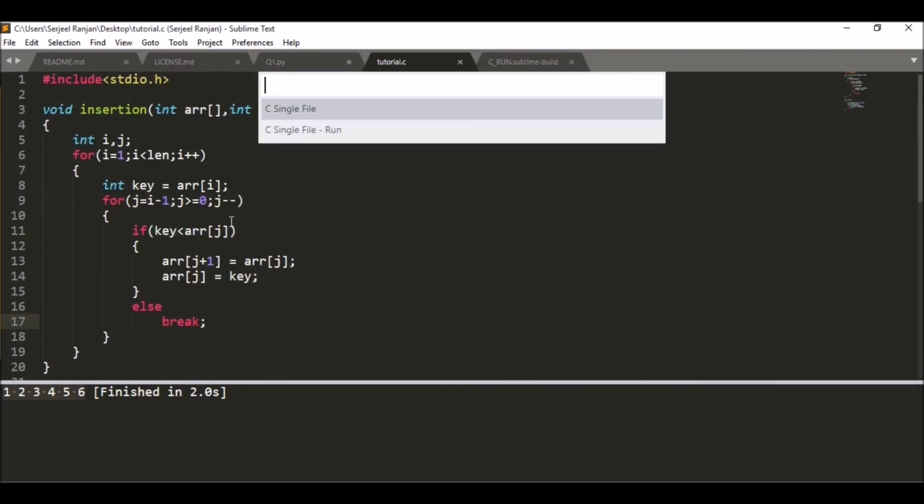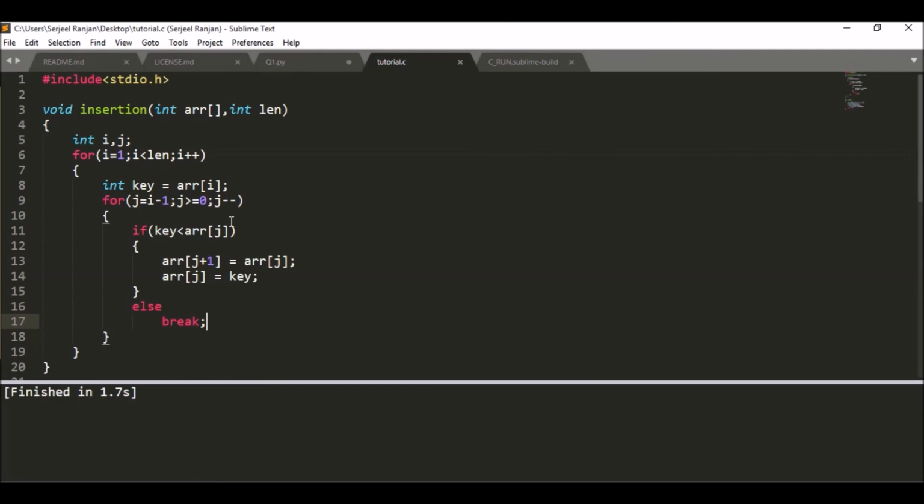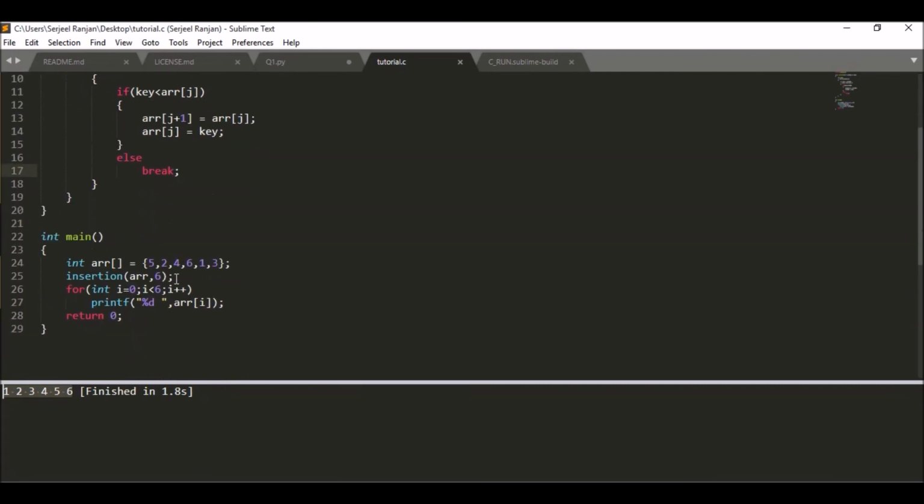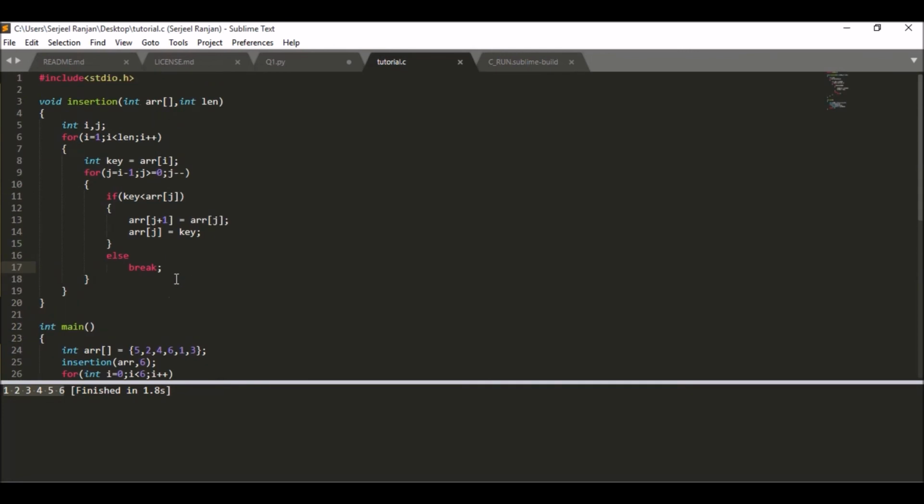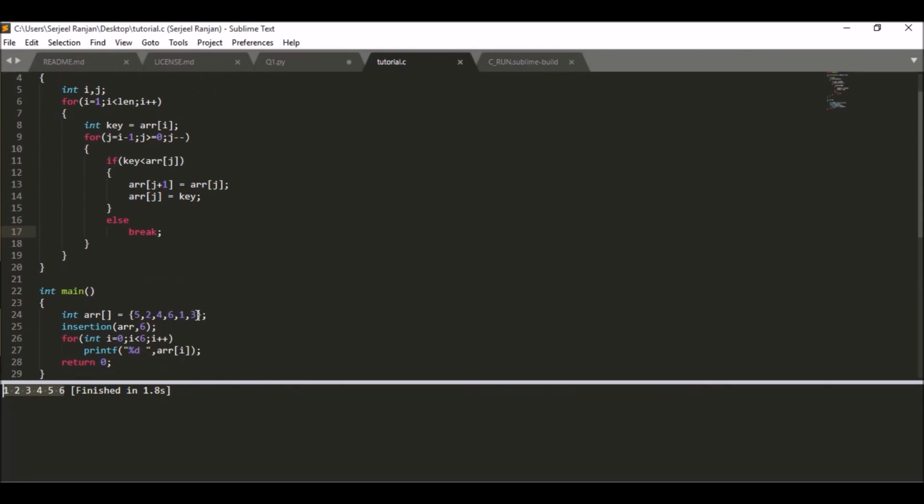So I will build the program and execute it, and as you can see, we are getting the sorted output. So that's all for this program. I hope you have learned how to do insertion sort and the program as well. Let me try to give some random 6 numbers for sorting. Okay, so this is our array and I'll try to sort this. Okay, so 2, 4, 43, 43, 65, and 67. So this algorithm works perfectly fine.